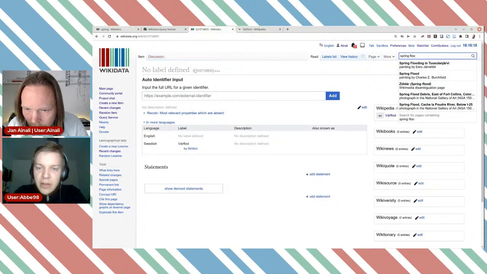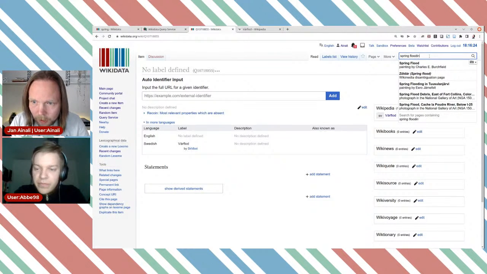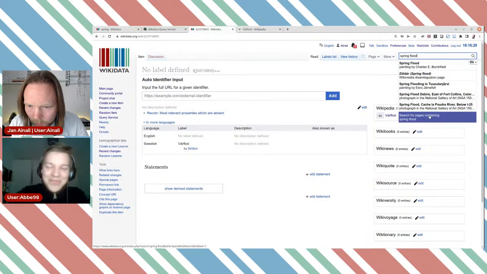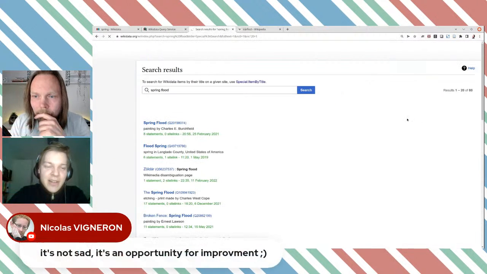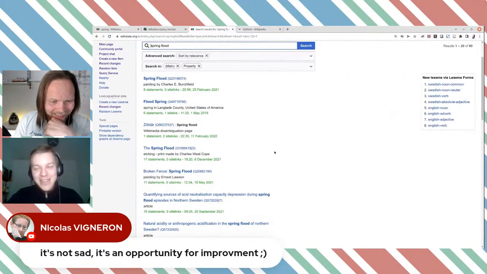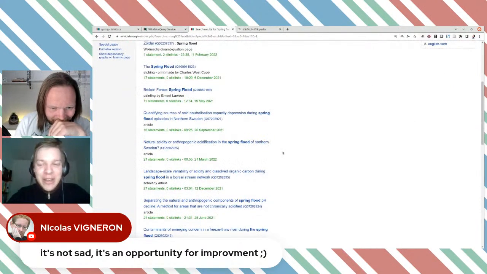Spring flood painting. Yeah, there's something here at least. Spring flood. It's flooding. Flood. Let's do a search. And as Nicholas says, it's not sad. It's an opportunity for improvement. Indeed. As we say, it's a wiki. All